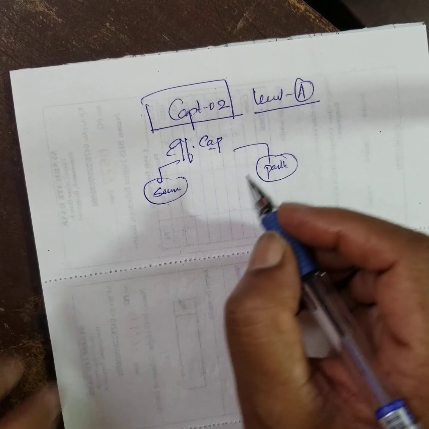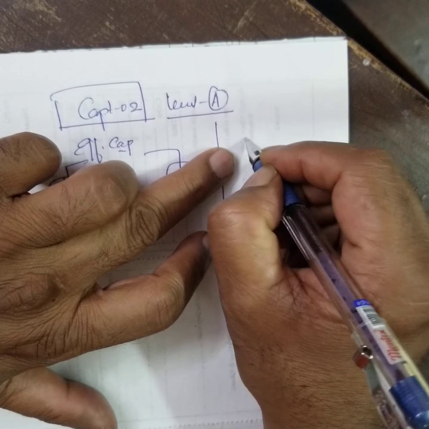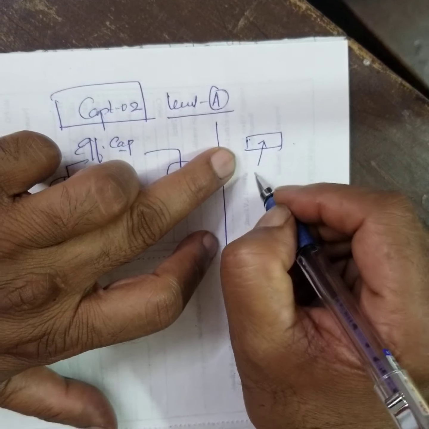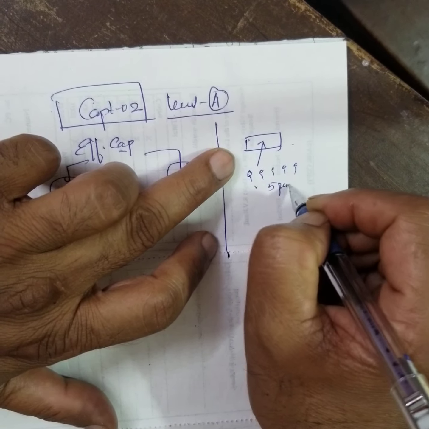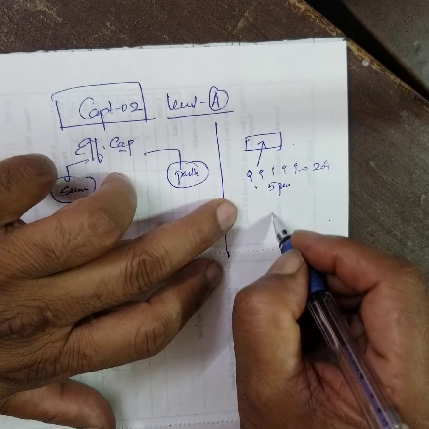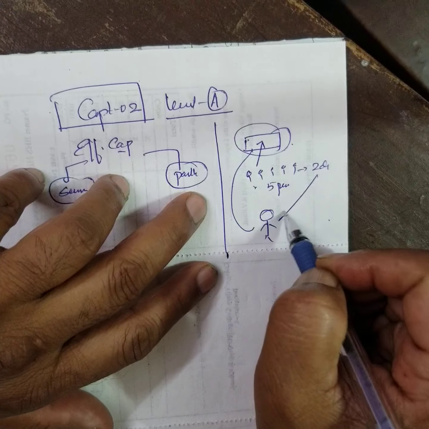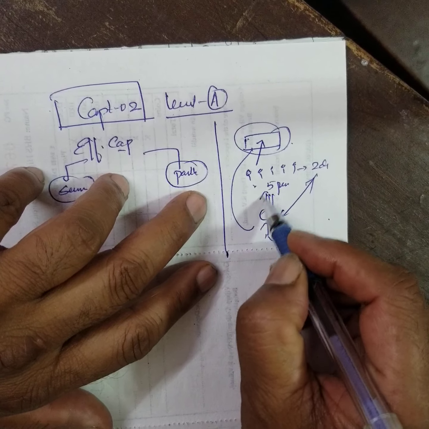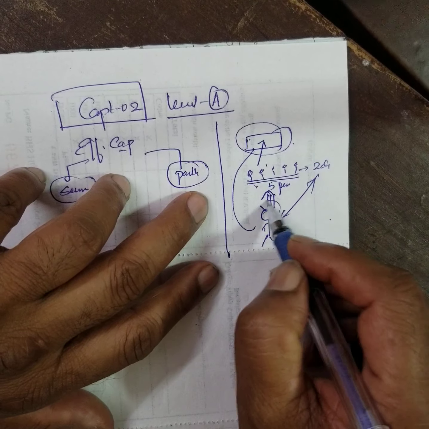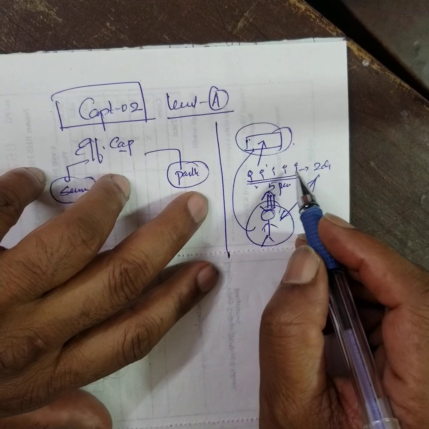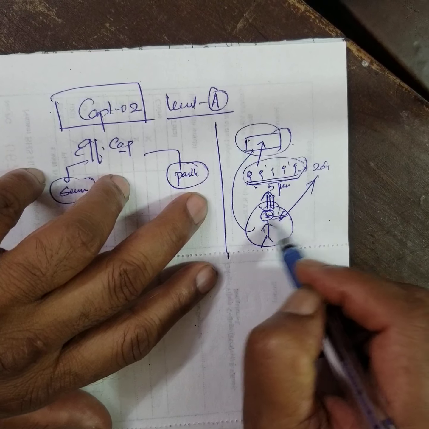What is an effective capacitance? Suppose there is one specific work. It is done by 5 people. They do it in 2 days. There is only one person who does the same work in 2 days. Therefore, this person is equivalent to these 5 people. What is the meaning of equivalent? Instead of appointing 5 people, I can appoint only one fellow.